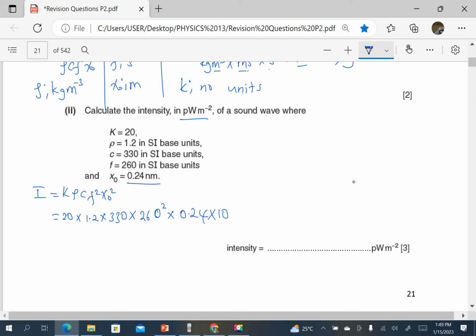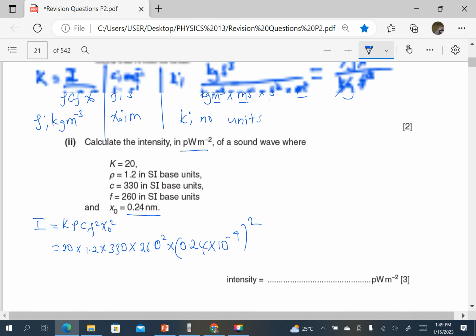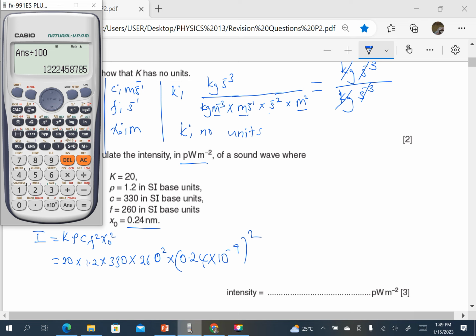So this is times 10 power negative 9. And this should be, I think this is x naught squared, so that is squared. So I'll press my calculator. 20 times 1.2 times 330 times 260 squared times open brackets 0.24 exponent negative 9, but this is squared. And that gives us